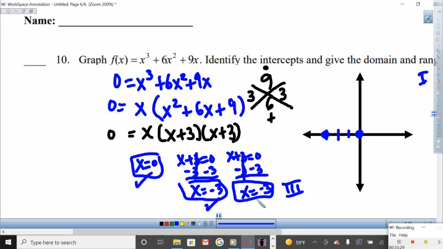I'm done with negative 3. But here's another negative 3. Look what I'm going to do. Why'd you do that, Mr. Q? Because that serves a purpose. Here it goes. So we're going to start down here because it starts at 3, right? So we're going to go first from left to right. Since this one's a double root, it doesn't go through. It just bounces off. And then it goes